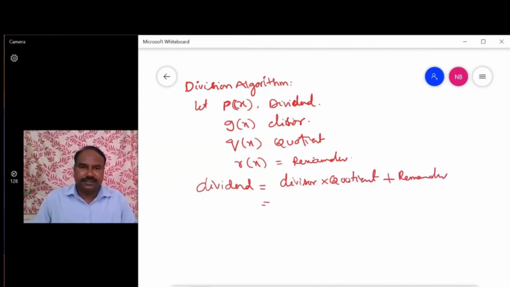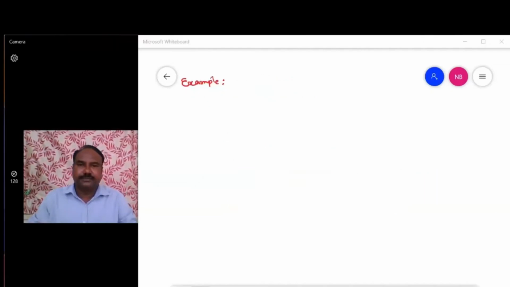So here the dividend is P of x. So P of x is equal to the divisor g of x into the quotient q of x plus r. This is called the division algorithm. Now let us see the division algorithm of polynomials with one example from your textbook, that is,